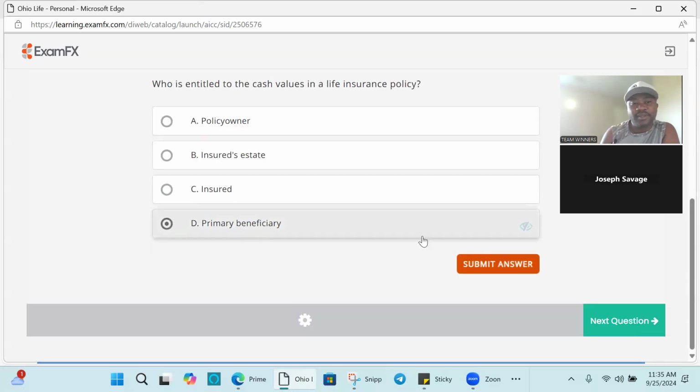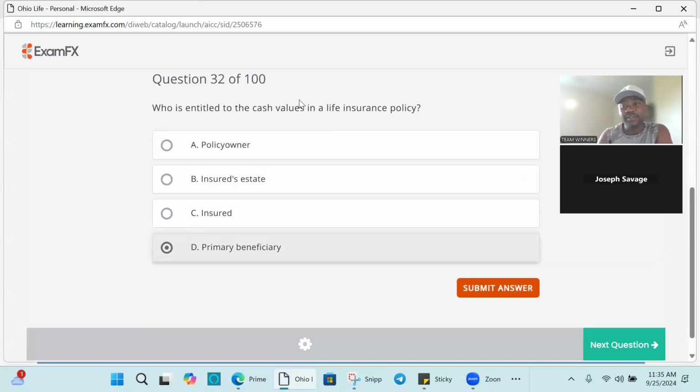No. What do you mean no, sir? Does the beneficiary have rights to the cash value or to the death benefit? Well, if someone passes away, don't they pay? Well, we know they don't pay cash value. Right. So you just answered your own question, so the company keeps it.